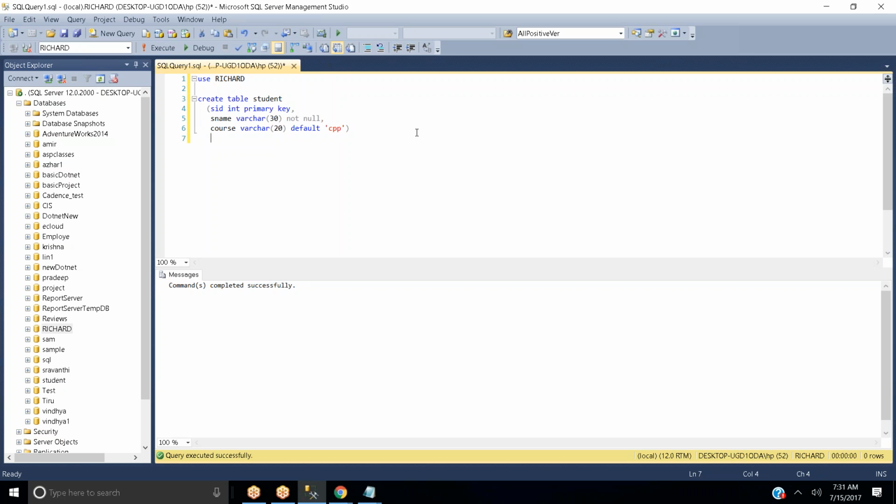It means the table got created under Richard database. Now we will see whether this particular table called student got created or not. Go to this Richard database and then refresh this one on top.